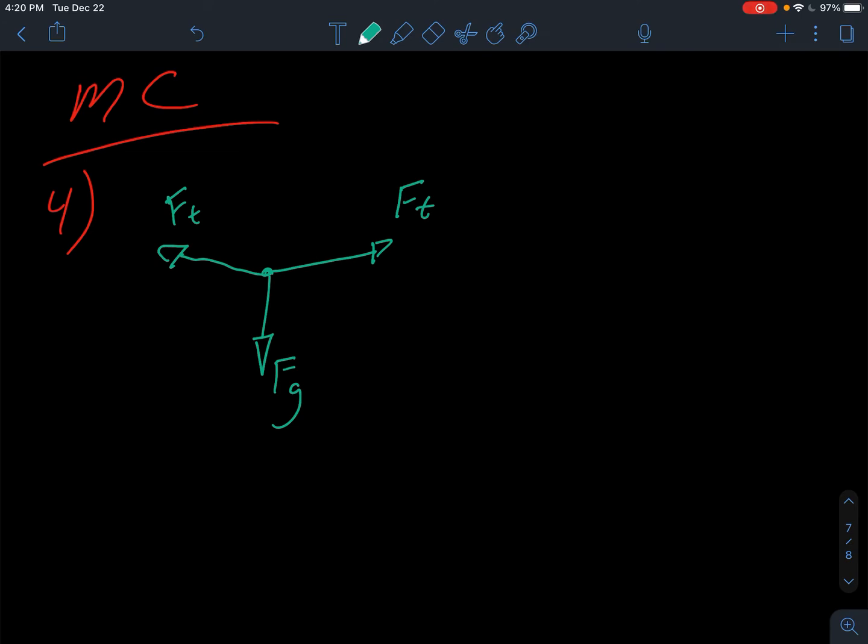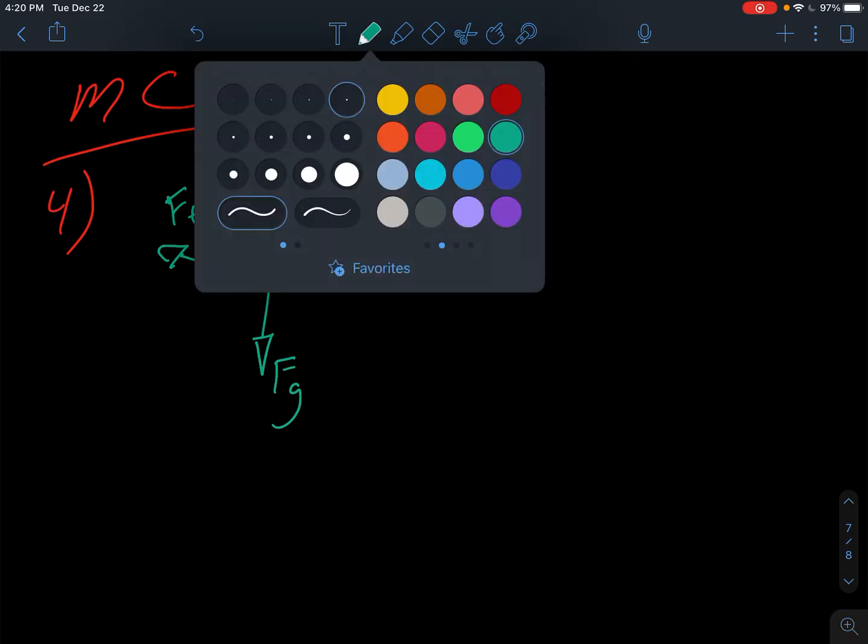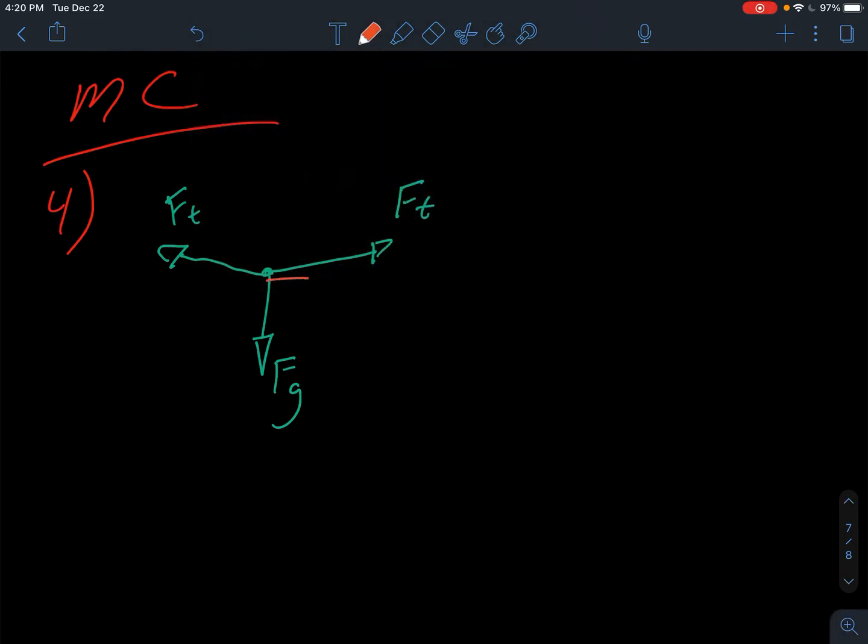And the tighter and tighter you make the rope, the smaller and smaller these angles of tension get. But there's still, at the end of the day, needs to be an upward component. So you got your force tension Y, force tension,